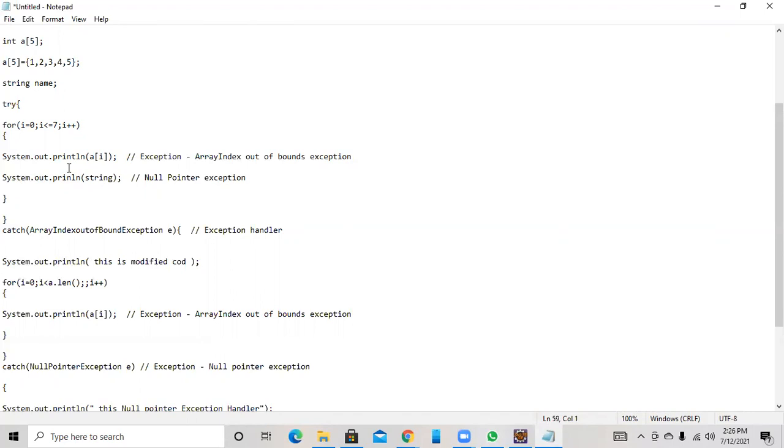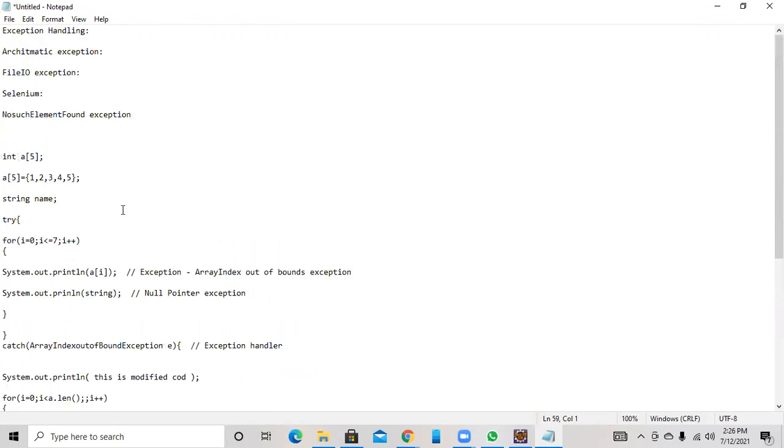What are the advantages of exception handling? The core advantage is to maintain the normal flow of the application. Second, suppose there are 10 statements in your program and an exception occurs at statement 5. The rest of the code will not be executed.